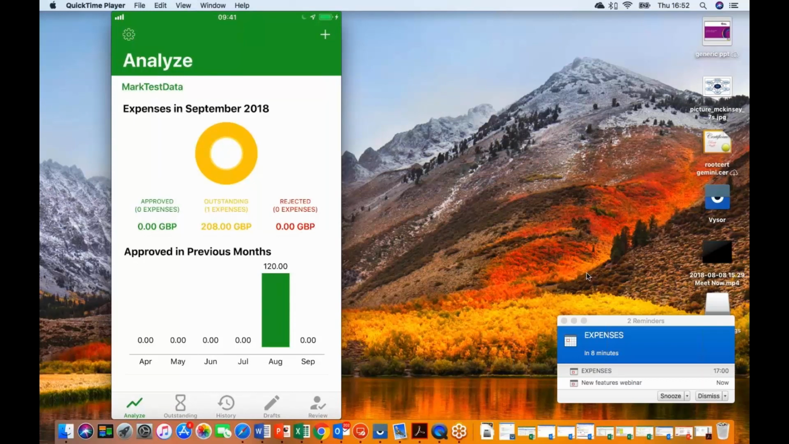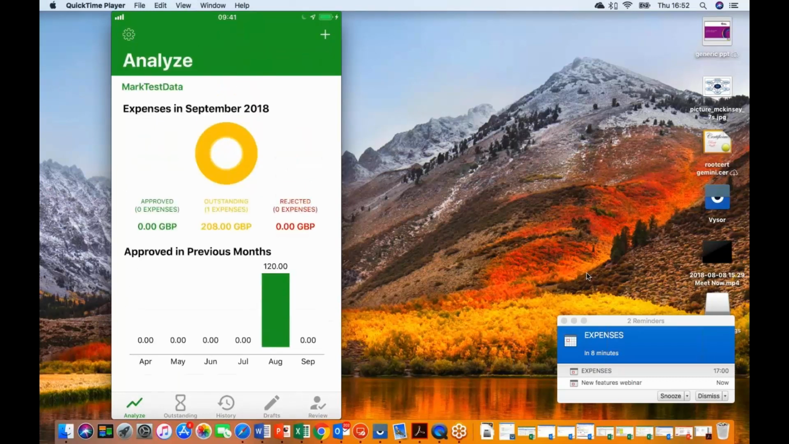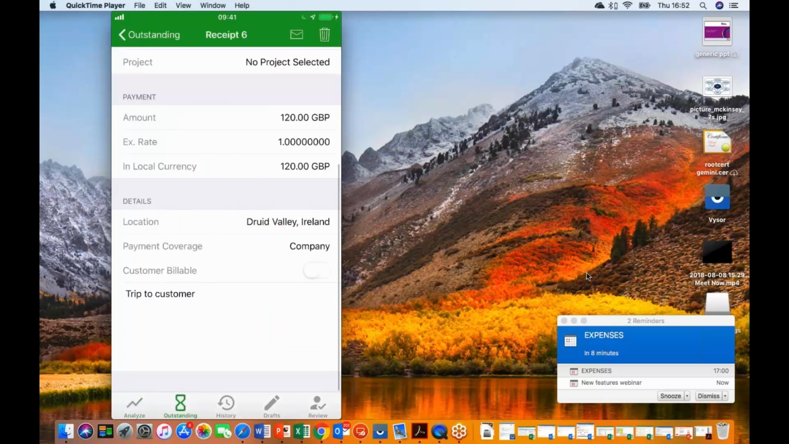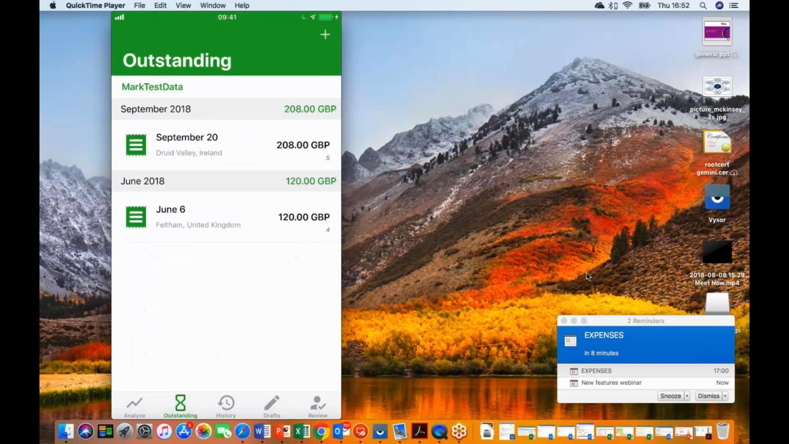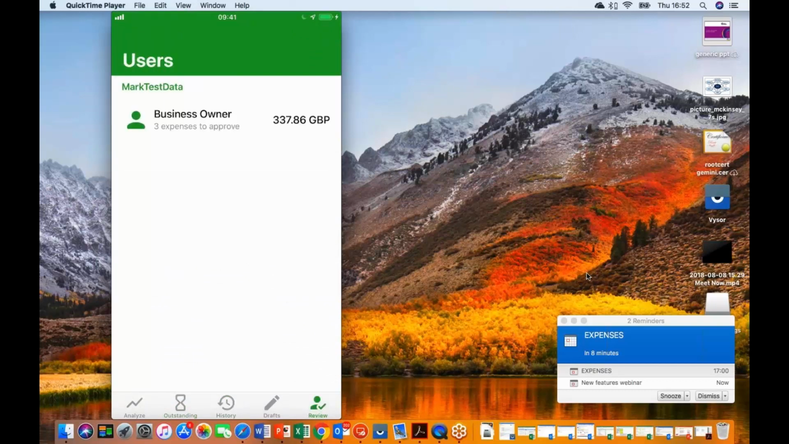So this is in the expenses app. I can see things like how much was approved in the previous app, but also things like outstanding expenses. So I have one that still needs to be approved or rejected. I can then get an overview of those, as you can see. I can look at my history, and